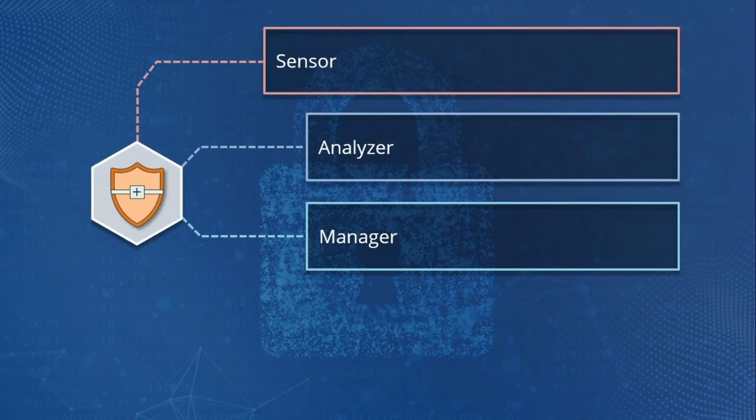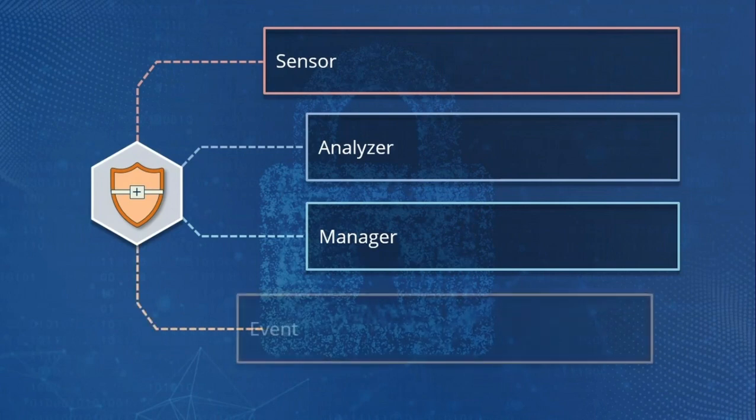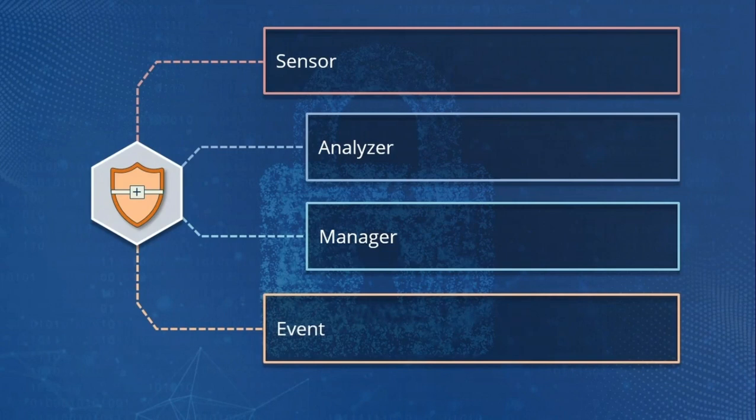If you're going for a GUI interface, what are the features you specifically want? These are things to look at when selecting an IDS or IPS. Events. That is anything that the IDS or IPS rules have determined is interesting, something you should look at. Now, that doesn't absolutely mean it is an attack. It means it could be.